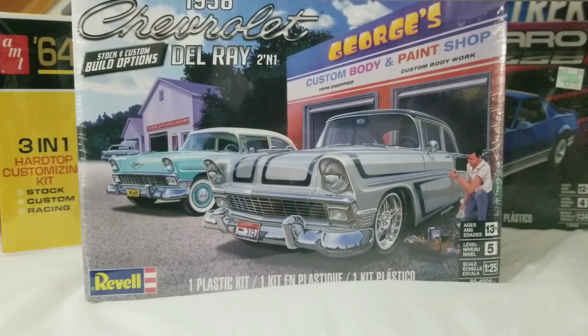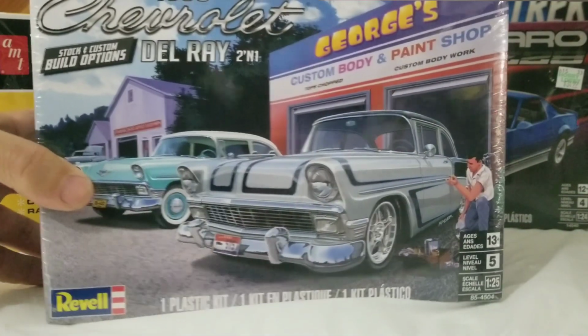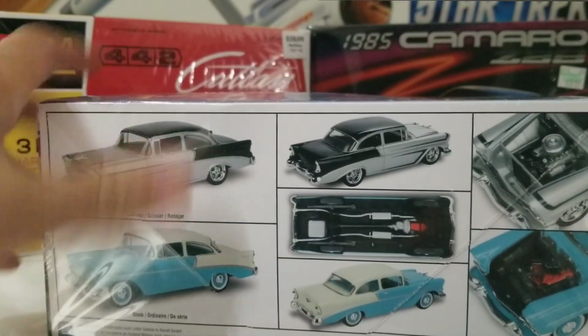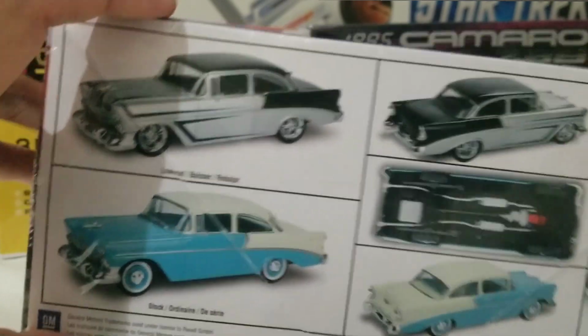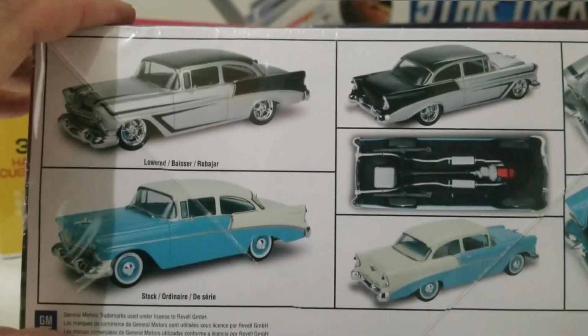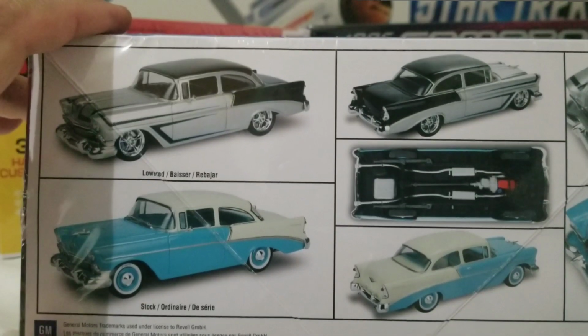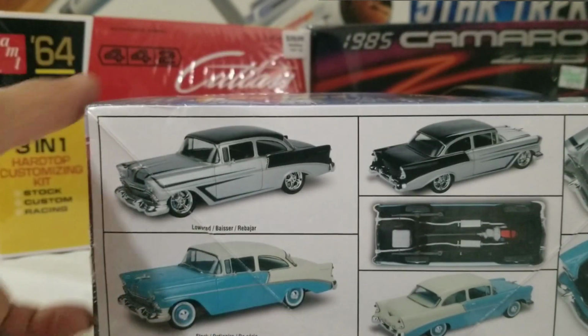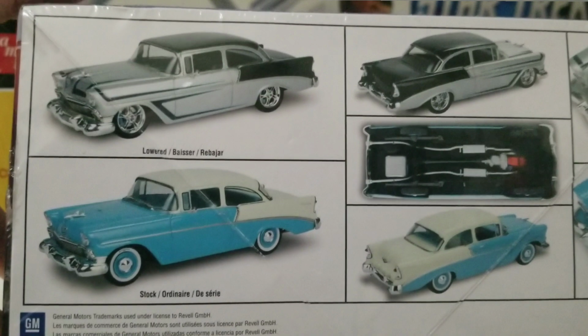I didn't want to just do another 50 Chevy, the name escapes me, which I don't know why, because it's only the most famous 1950s Chevy ever. And I saw this, and I saw the custom option on this one, which looks really, really cool. If you look at the side of the box here, that looks really cool, and I think I want to build that. I really like the way that looks. It's in those colors, exactly the way it's depicted on the box, which is something I hardly ever do, but I really like the look of that. But I also like the stock look also. I mean, that blue and white is really pretty, although red and white would look good on that too. So don't know what color I'm going to do, but